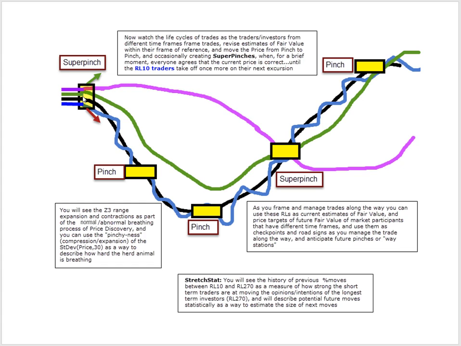Otherwise, we would say that we found the perfect price for the rest of time. So, super pinches and pinches are temporary conditions when all the traders and investors are taking a pause and have agreed upon fair value. So here's a case now where we have a super pinch,